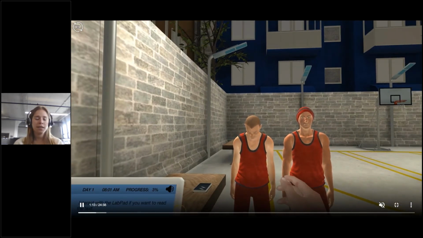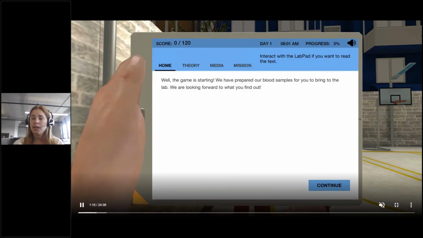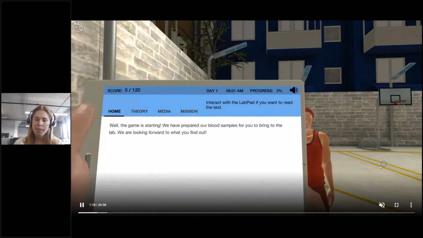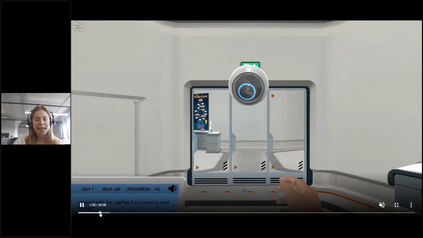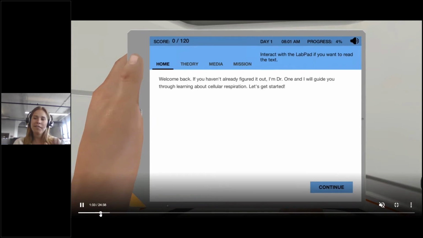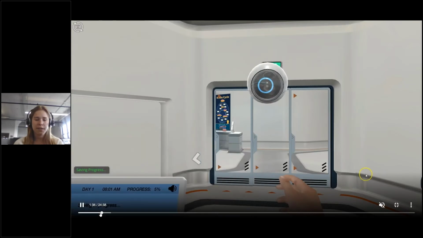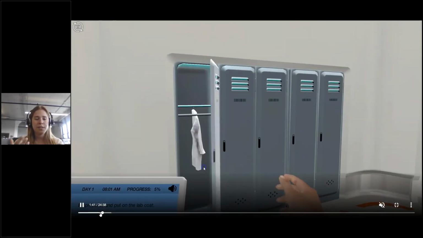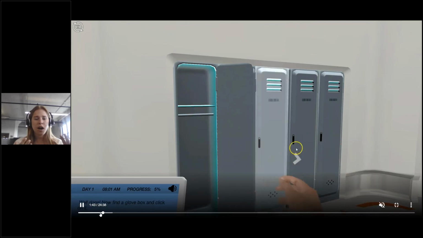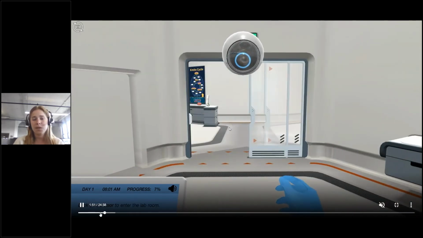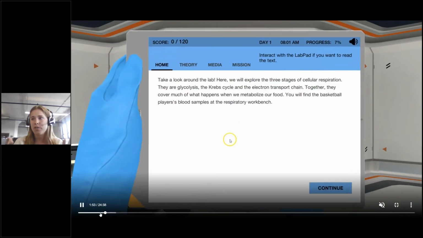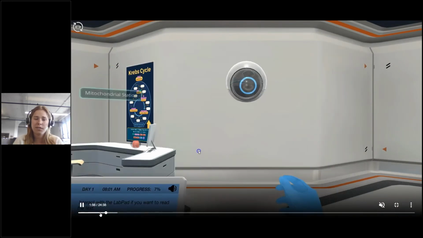So Dr. One and our lab pet will kind of guide us through collecting some blood samples and bringing them back to the lab. Now, once we are back in the lab, Dr. One is very, very strict, and she will not let you through those doors until you follow that lab safety protocol. So putting on that lab safety coat, gloves, and your goggles before entering the lab. Now, this is great just because students really get to now interact with the lab safety protocol, which is tough in some classes because you can't always have eyes on all 30, 50, and sometimes 100 of your students.